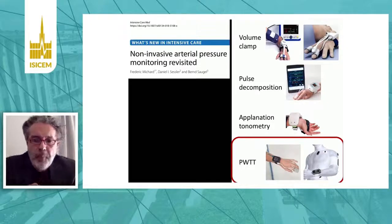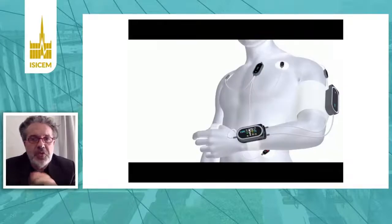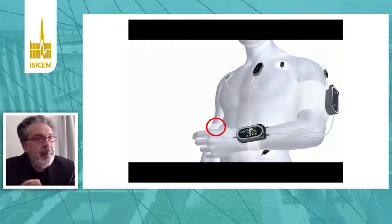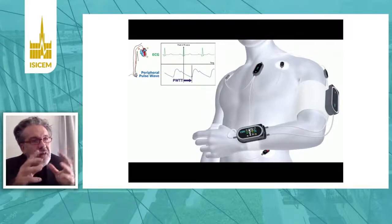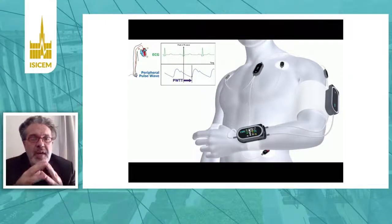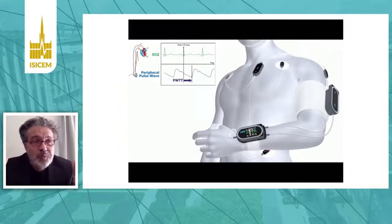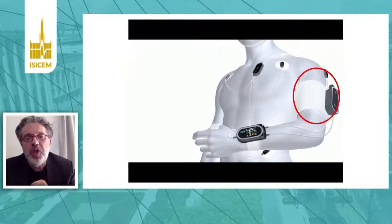On the wards, to monitor blood pressure or to detect changes in blood pressure, we can use pulse wave transit time methods. You know the principles. You need electrodes to detect the ECG, and you need a pulse oximeter to detect the pulse oximetry waveform, and then the time between the peak of the R wave on the ECG and the beginning of the peripheral pulse is the pulse wave transit time, which depends on blood flow and on vascular tone. So anytime you have a change in pulse wave transit time, you very often have a change in blood pressure. So it's a way to predict blood pressure, or, I think more reasonably, to trigger a new blood pressure measurement